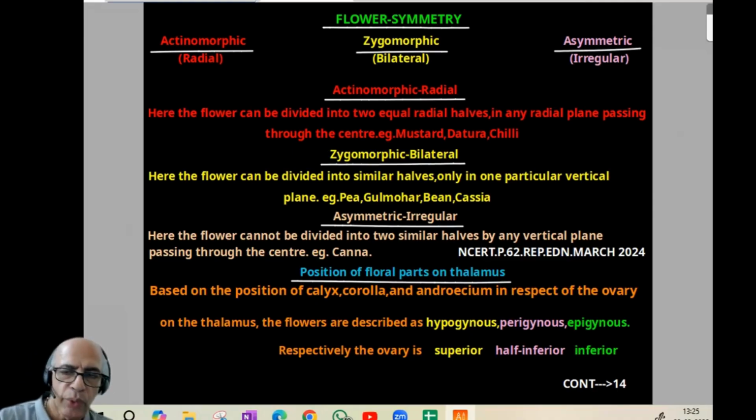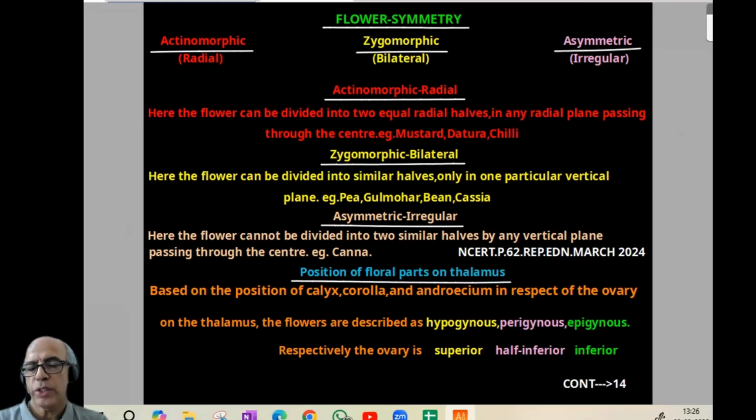Based on the position of calyx, corolla, and androecium in respect of the ovary, on the thalamus, flowers are described as hypogynous, perigynous, and epigynous, respectively. Hypogynous flower means ovary is superior. Perigynous flower means ovary is half inferior. Epigynous flower means ovary is